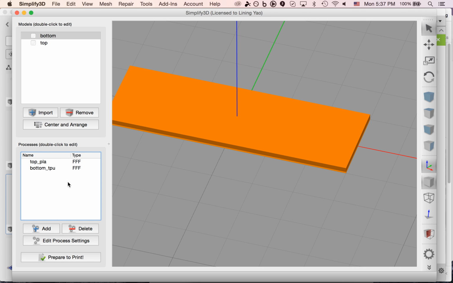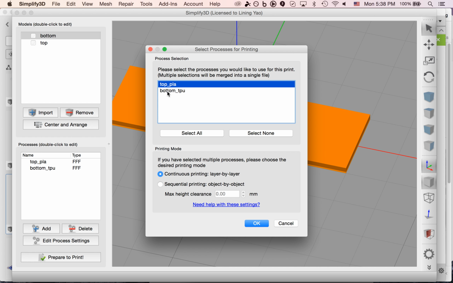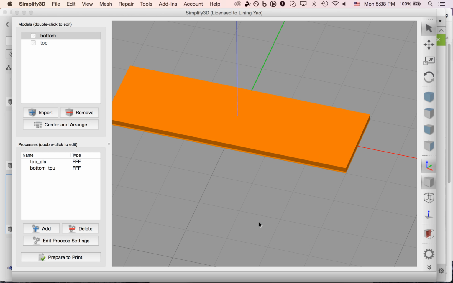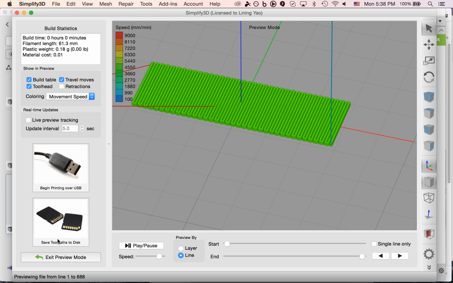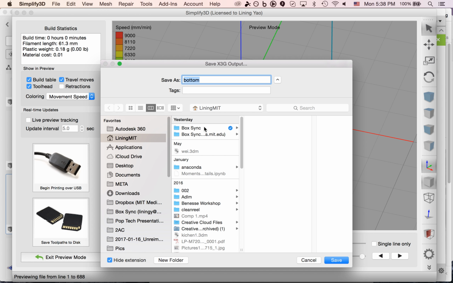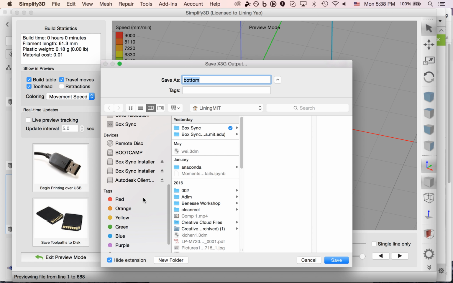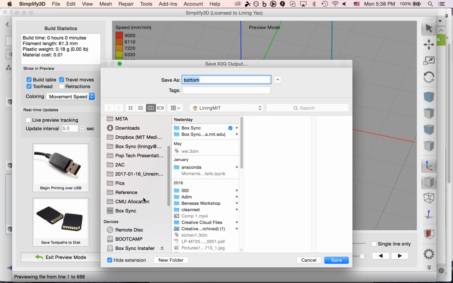But now it's time to generate the G-code for our MakerBot. So now we actually want to prepare to print. We want to generate separate G-code. So we first select top PLA only and go to OK. And then you can save to disk. I'll save it to the same place where